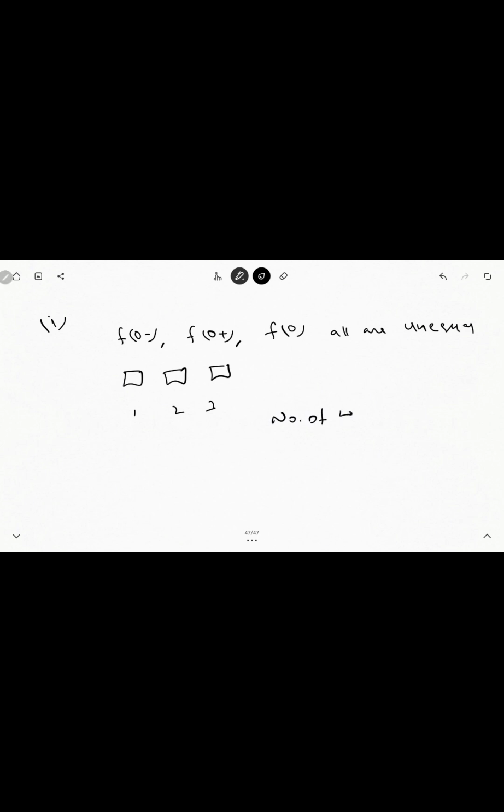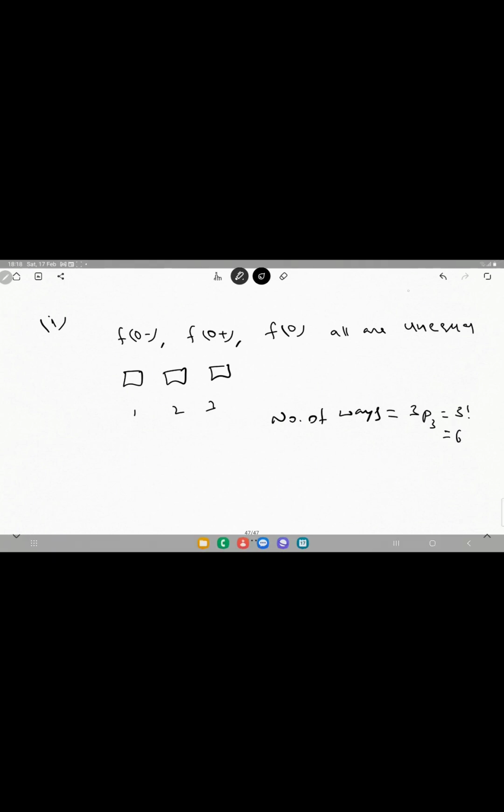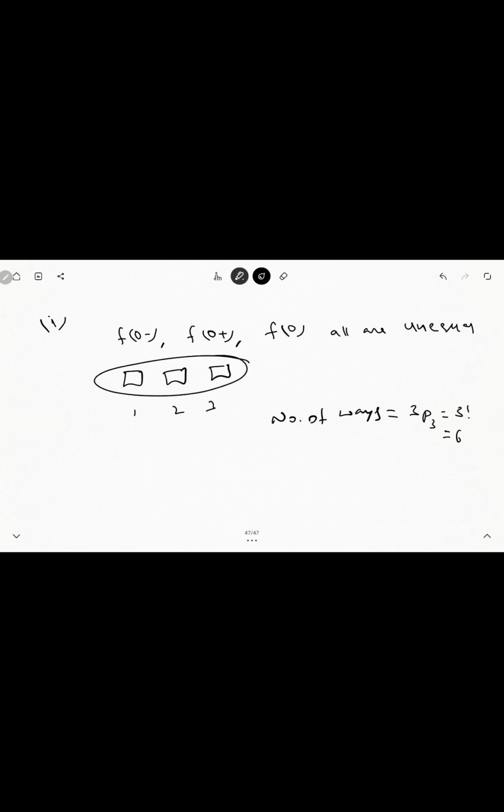Number of ways is equal to 3P3, which is 3 factorial, 6. Clear? Okay, understood? So 3 boxes filled by 3 different numbers in how many ways means 3 factorial. That means left hand limit is 1, right hand limit is 2, VF is 3. So automatically it is a discontinuous function. So it is case 1. Case 2,